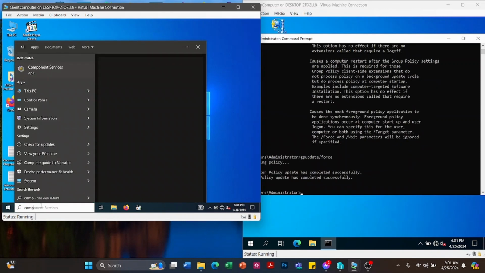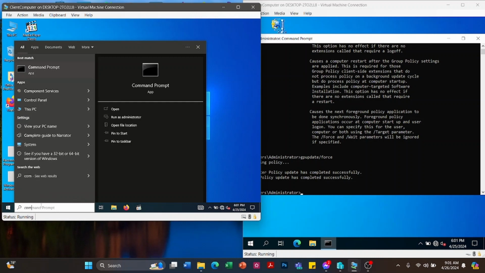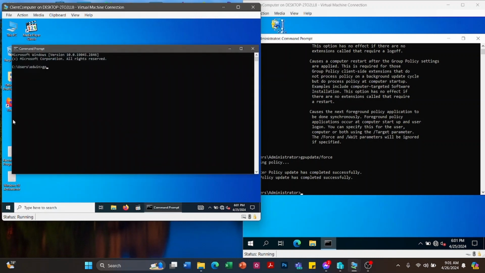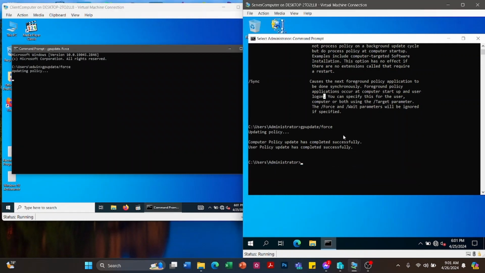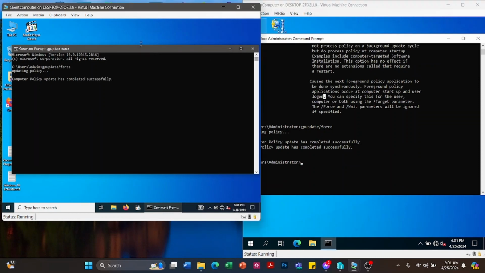So let's open the command prompt. Let's type gpupdate /force. The client computer also updates its group policy to be aligned to the changes of the group policy of the server computer.